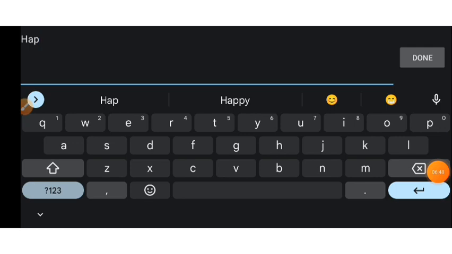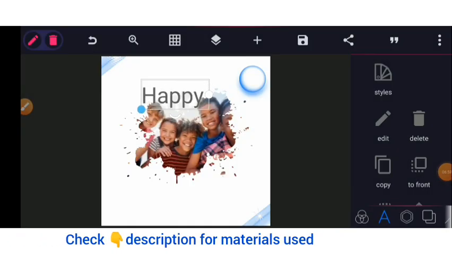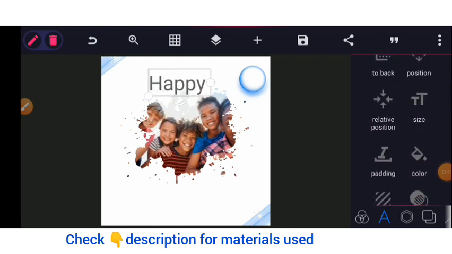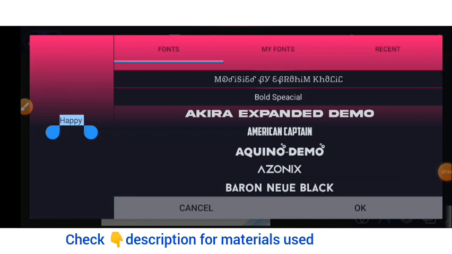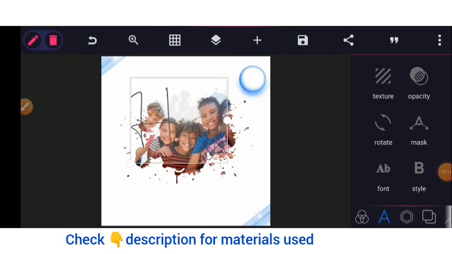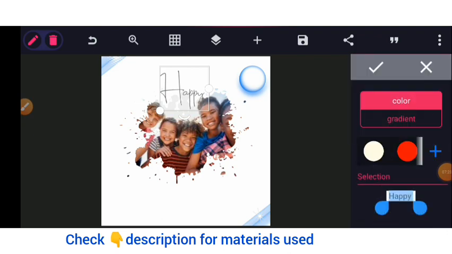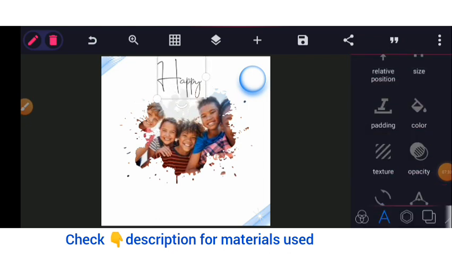Happy. Done. Okay, so you bring it up here, increase the size a little, and then go down to AB font. This is the font to be using. Change it to this font, or you can equally search your font, the font in your apps, to select a more fancier font. Alright, so once you're done with it, you go down to color and then change the color to black. See, it's now pure, unlike before. So you move it up here